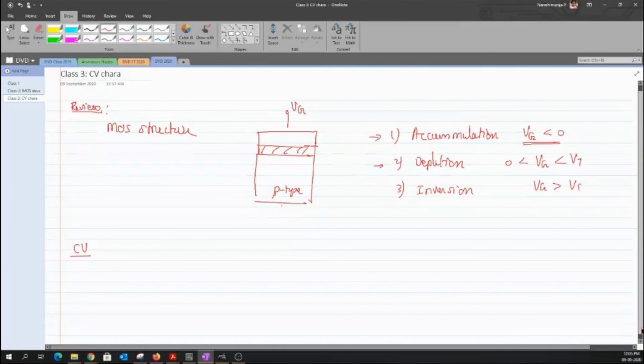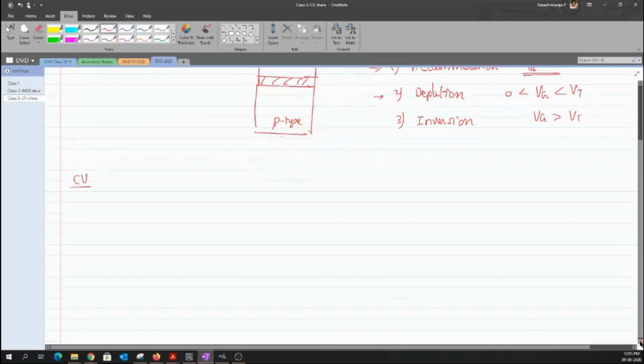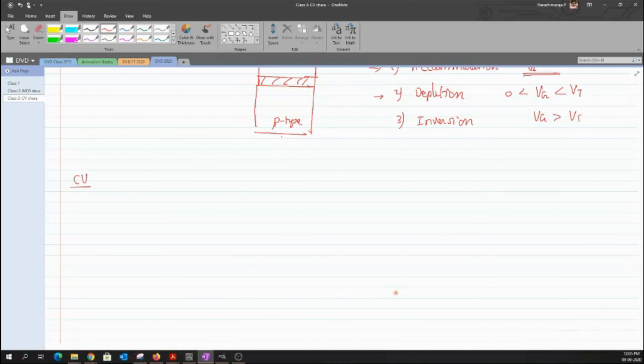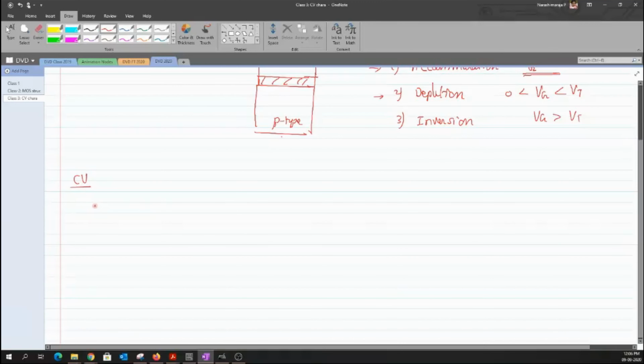But today, maybe some of you might appreciate, but I guess many of you might not appreciate what I'm going to discuss. So you have to bear with me just for today. I'll make it as simple as possible, so that the entire discussion would help you understand, at least barely, how the CV curve is drawn. I'll ask some pretty simple questions and try to understand a few things, if not the complete concept, because this is something related to fields.